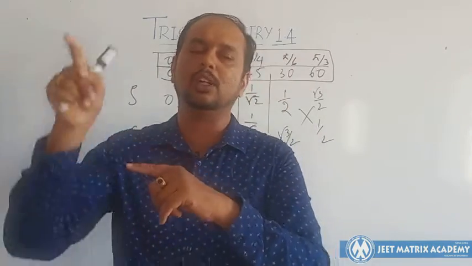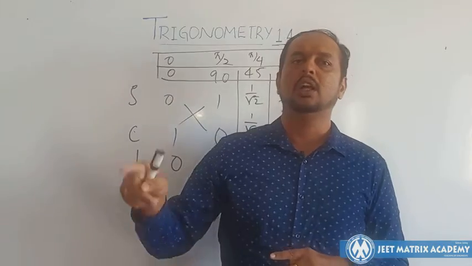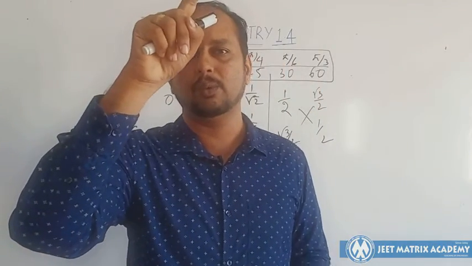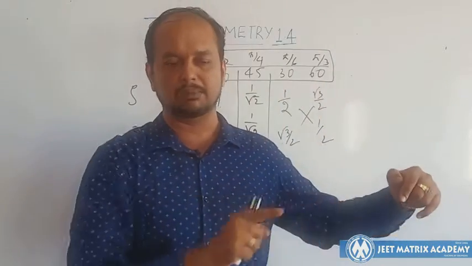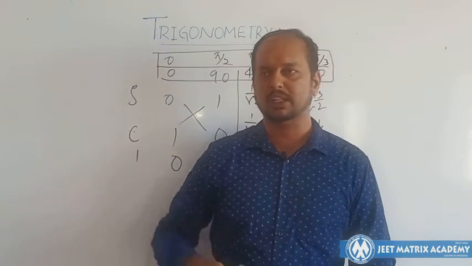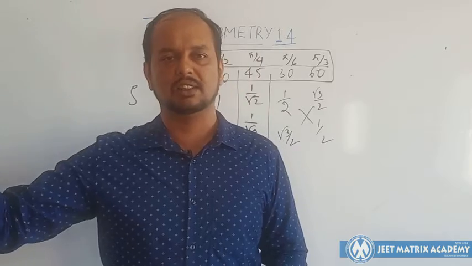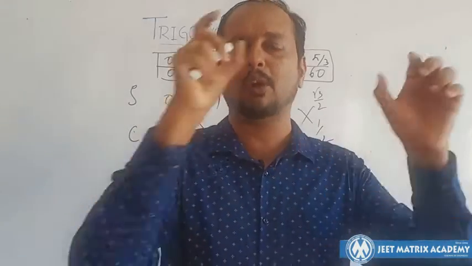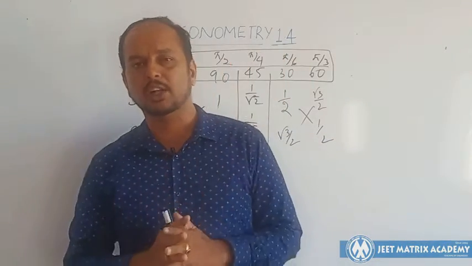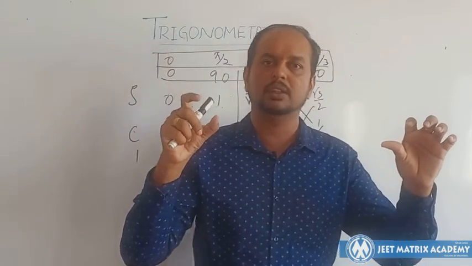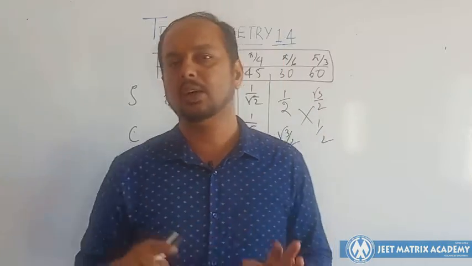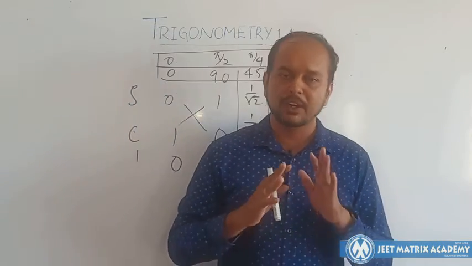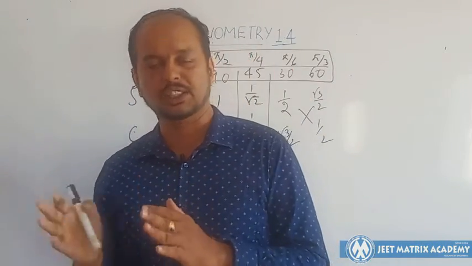Now again we will rotate one more revolution. Again you should check what happens when it comes to 90 degree, what happens when it comes to 180 degree, when it comes to 270, and when it comes to 360 again, what is the value at that point. That is most important, and those values you are supposed to remember for a minimum of 5 or 6 revolutions. It will be very useful in future chapters.